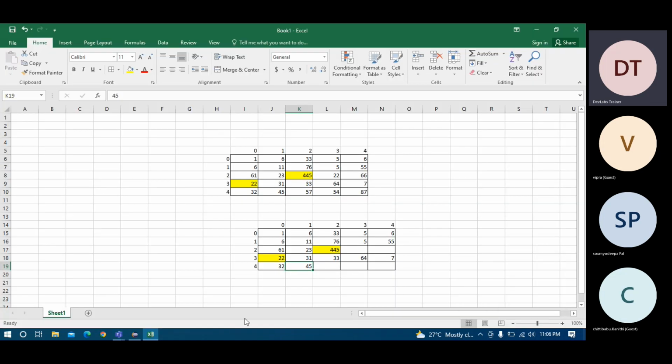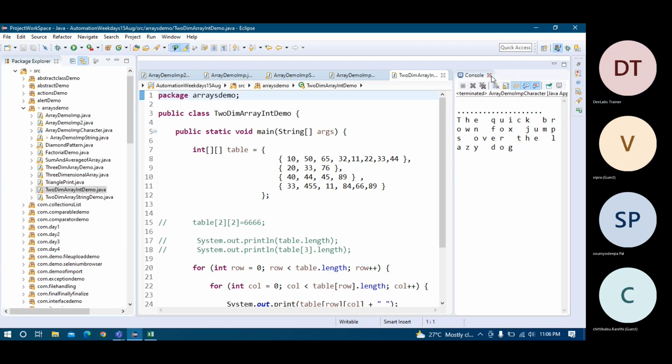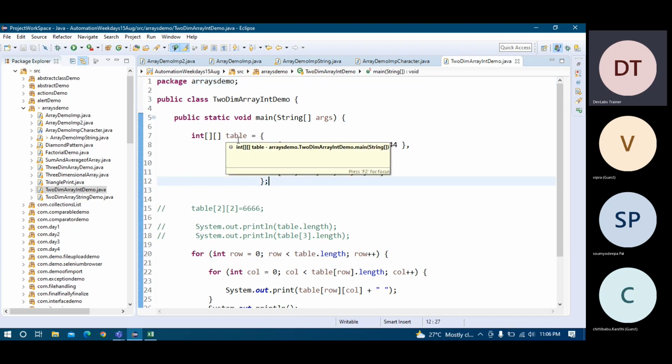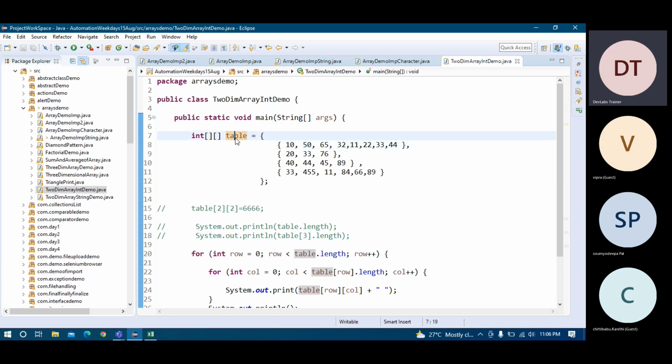So let me go to your Eclipse. I have one example here of how to design a table. For the array name you can put any name, I just put table. It's not required that you name it table. It's a two-dimensional array, which means it will have multiple rows and multiple columns, and in each row you can have multiple values. This layout is not a required way of writing, it's just for your understanding. How you design it is simple: first start a curly bracket, then close with a curly bracket and then a semicolon. This is the symbol of an array, so you have to put it, it's mandatory.